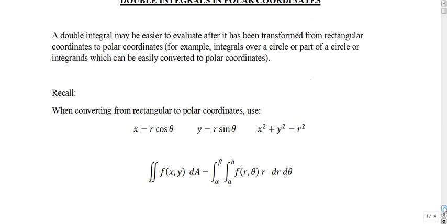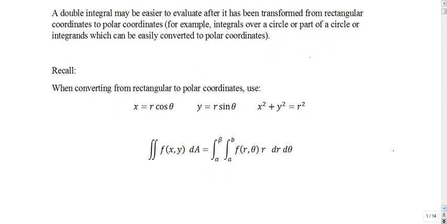So let's recall, whenever you have rectangular coordinates and you want to convert to polar, you use the formulas x equals r cosine theta, y equals r sine theta, and x squared plus y squared equals r squared. You need to know that. So put that down on a note sheet or somewhere, because you would need that. These are the essential formulas for polar coordinates. And here is the formula. So if I find a double integral over R of f of x y dA,